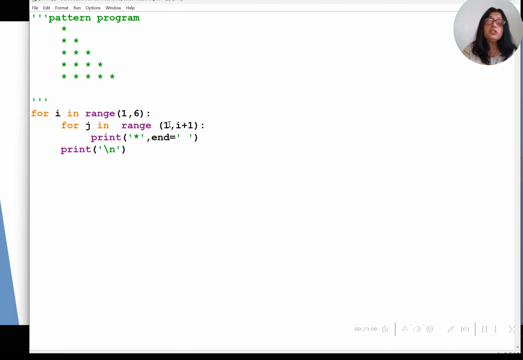But in the second iteration, the initial value is 1, but your upper bound is 2. In the second iteration the I value becomes 2. Third iteration, the I value becomes 3. The fourth iteration, the I value will be 4, and the fifth iteration it will be 5. And in the sixth iteration the control will exit. Since the I value is coming 1 2 3 4 5, and the asterisks are also printing accordingly,